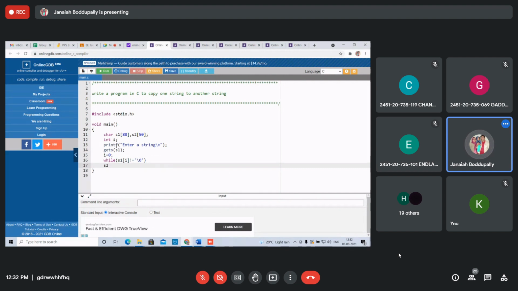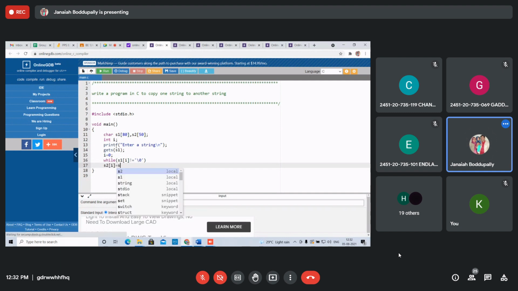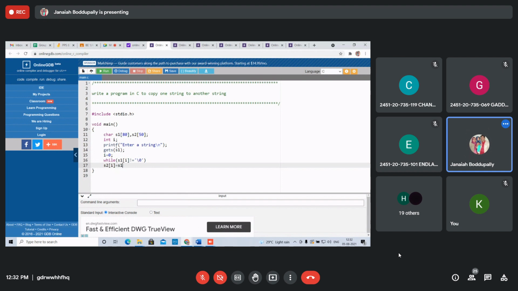we are copying s1 into s2. Right? s2 of I equals to s1 of I plus plus.